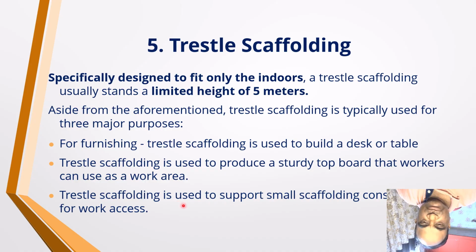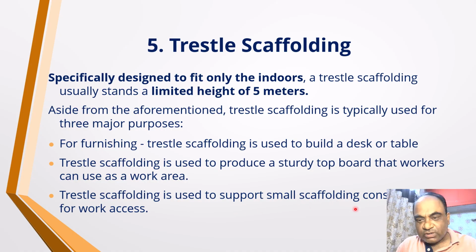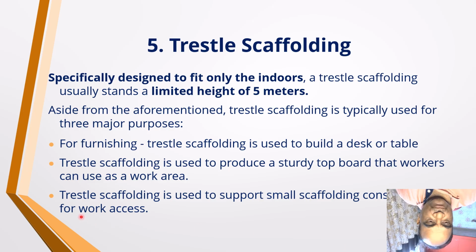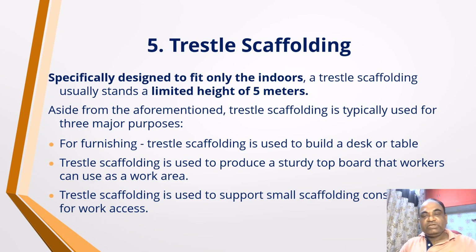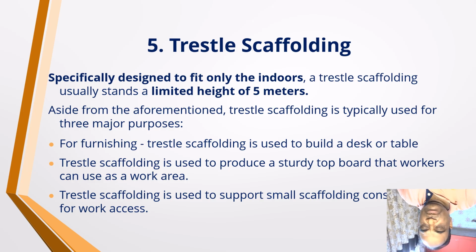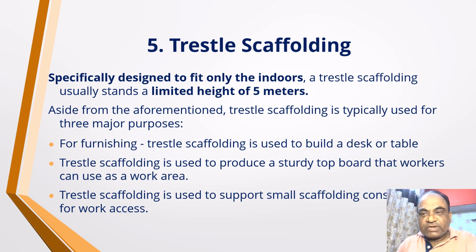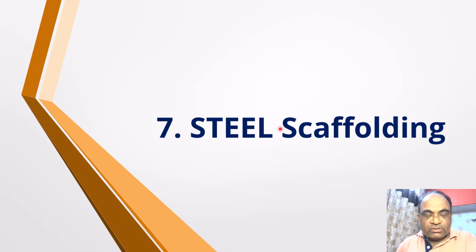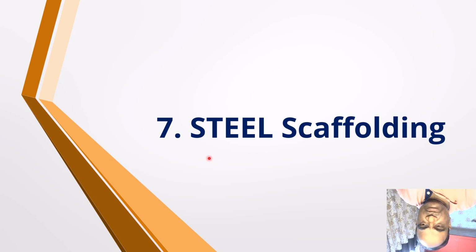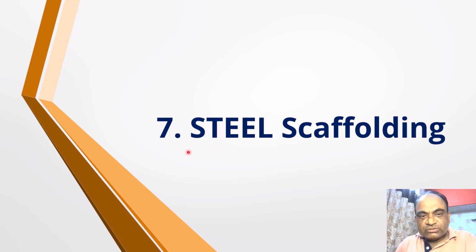Terrestrial scaffolding is also used to support a small scaffolding construction for the work axis. So these are the three situations in which the terrestrial type of scaffolding is used. Now, the seventh type of scaffolding, I feel I have missed the sixth one. So the seventh type of scaffolding is